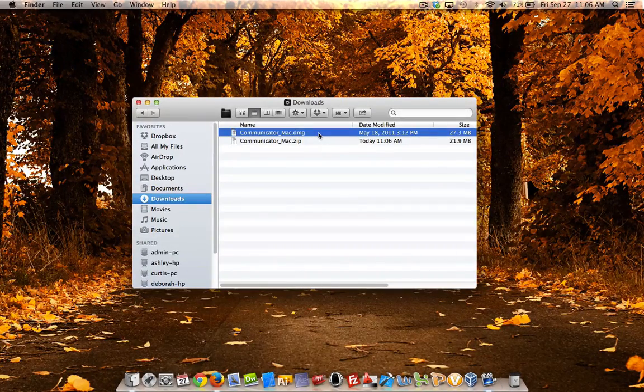And be sure that you set it to something or send it somewhere that you can easily access. For instance, mine just opens up in the downloads folder. For most Windows users, it's going to set it to your desktop, which is perfectly fine. Alright, so now you have an executable file for Windows users, or Mac users, you're going to have a .dmg. Go ahead and double click on that file,